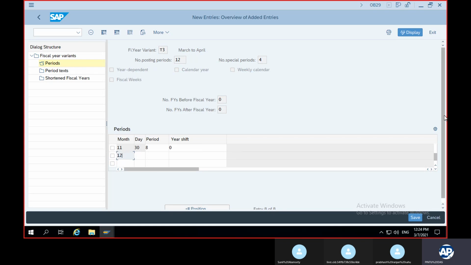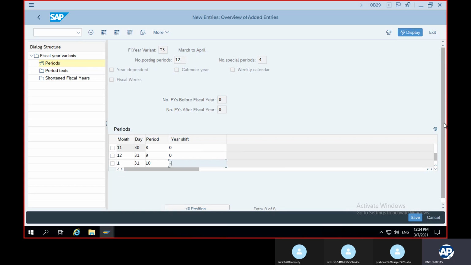Then comes 12, that is December, 31 days, period 9, year shift 0. Now you move to month 1, 31 days, that is January 21, your period is 10, you have moved to 2021.